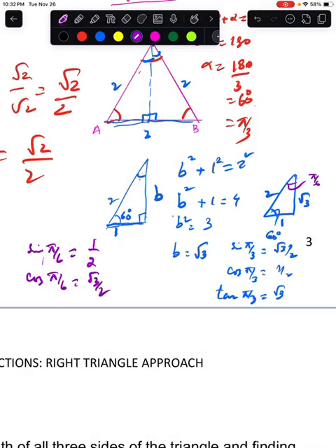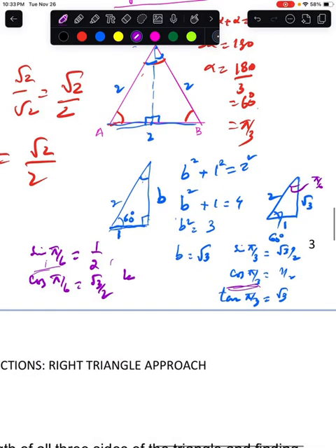So note that the value of cosine of pi over 3 is the same as the value of sine of pi over 6, and so on. The same thing, the sine of pi over 3 is the same as cosine of pi over 6. And then the tangent of pi over 6 will be 1 over square root of 3, which when rationalized gives you square root of 3 over